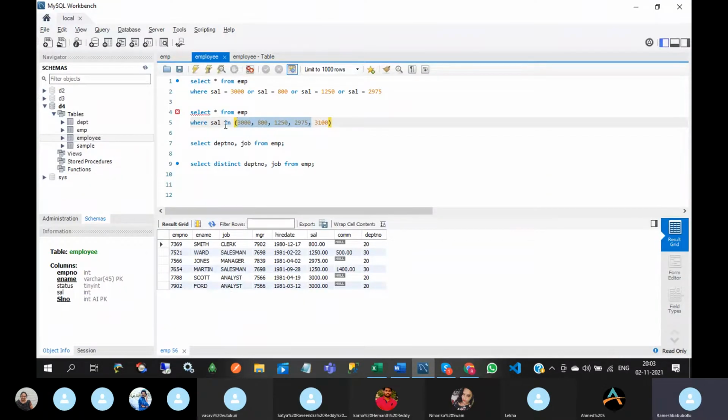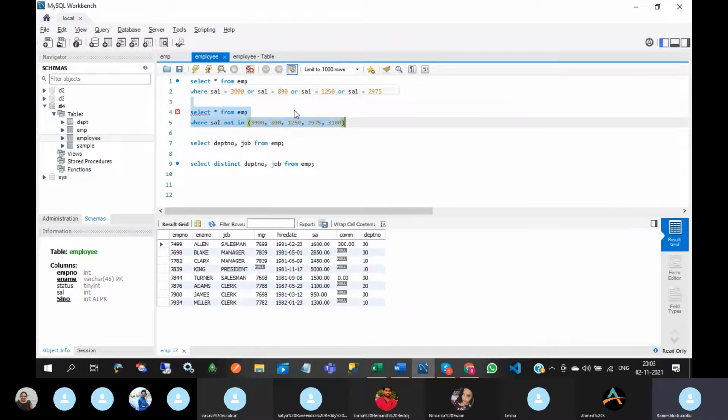Next, not in. Not in means quite the opposite. So it will display the records which are not having salary equal to 3000, not having 800, not having 1250, not having 2975, not having 3100. See this. These salary values will not contain these values.